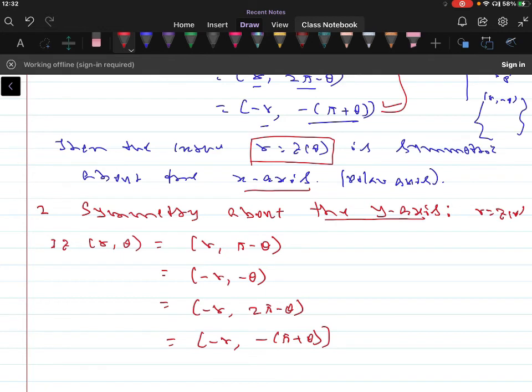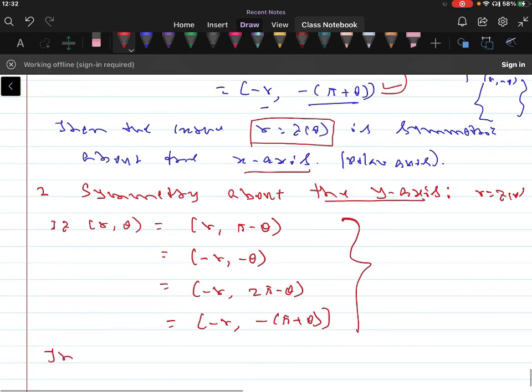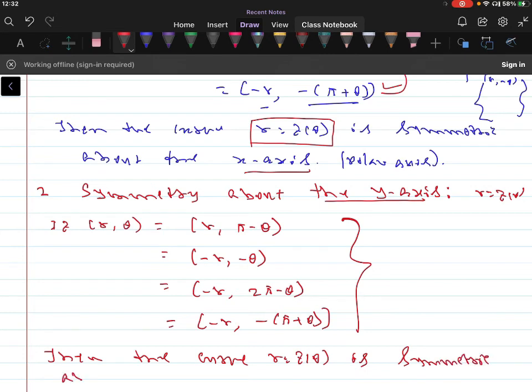If any one of the conditions is true, then the polar curve r is equal to f of theta is symmetric about the y-axis,